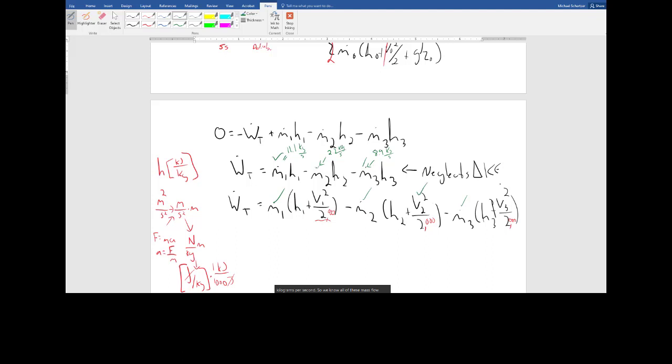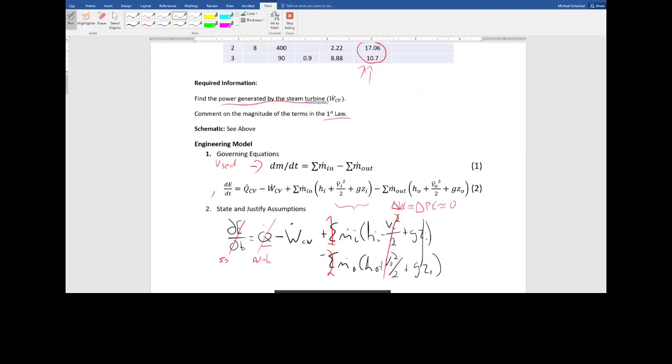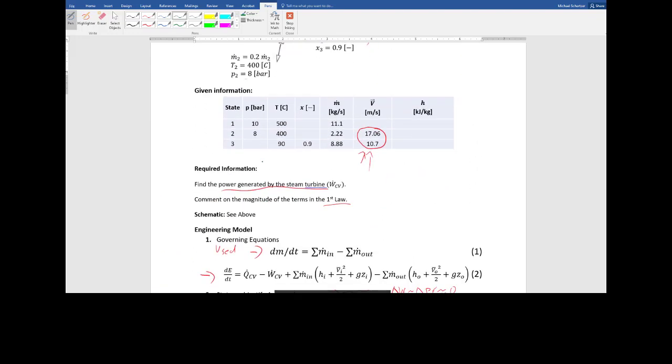We know at least 2 of these velocities, right? One is like 10 and one is 17. I don't know what this one is, but let's put it in here. Let's just guess a number, on the same order of these. So I could say 17 or I could say 10. I could take an average. But let's say it's the biggest one here, 17, not 7, and we'll see if it matters.